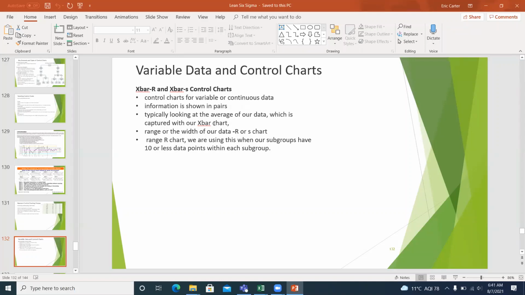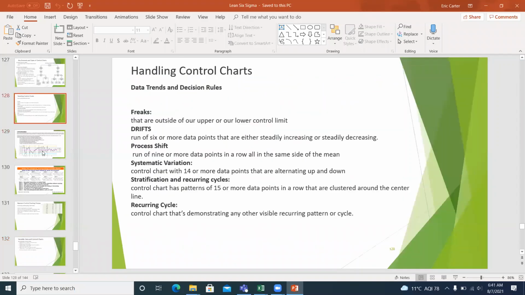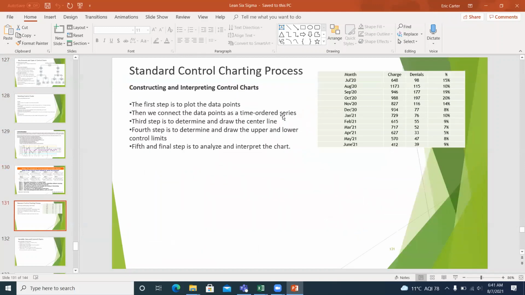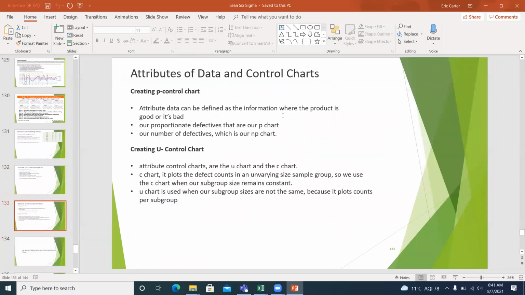But here, the same thing. Whatever I discussed here, the same thing we are keeping in the other slide also. So there's a main thing you have to understand. Control chart for variable, what are all the charts? And control chart for attributes, what are all the charts we are going to use? Totally, there are 7 charts. You should remember that one. The same thing we repeated here. And attribute data and then control charts.